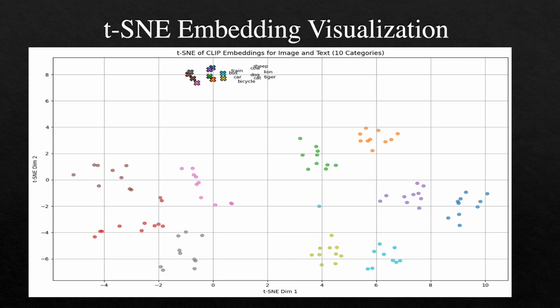We can see on the left there are four classes: train, bus, car and bicycle, represented by pink, red, brown and greyish color. These four belong to automobiles, so these four classes are clubbed together on the left side, while the right side contains